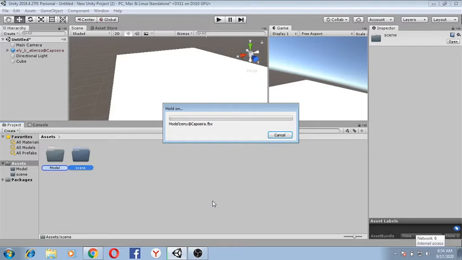Once the model gets imported successfully, we will fetch the model on this platform, and how we are going to do it and what things we need to keep in mind before doing this, that's what I am going to tell you guys. So it's being imported right now.